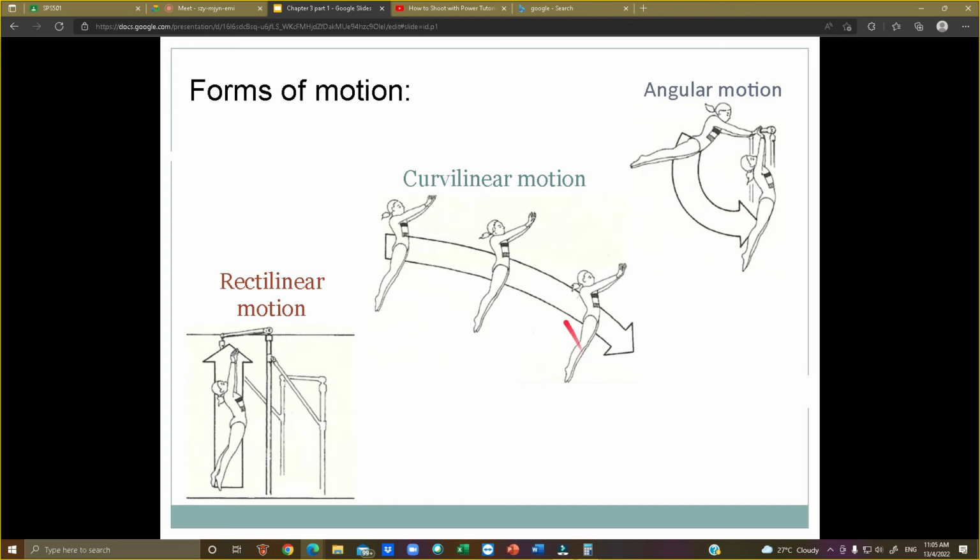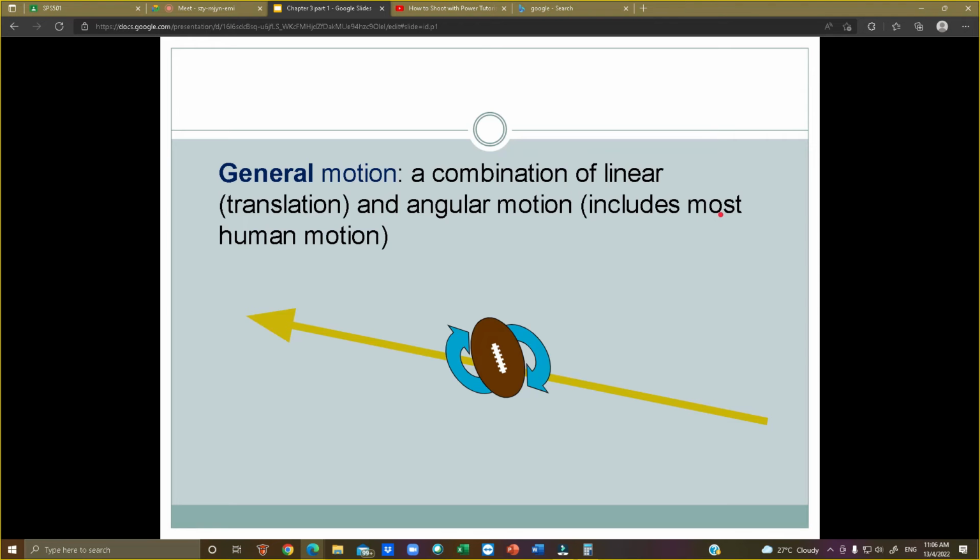Curvilinear is not rotational movement. It's still one straight line, but in a curve. Like rectilinear, it is in a line, it's still one line, but a bent line, a curve. Okay, angular is in rotation. So when you see rotation, it is angular motion. Then general motion is a combination of